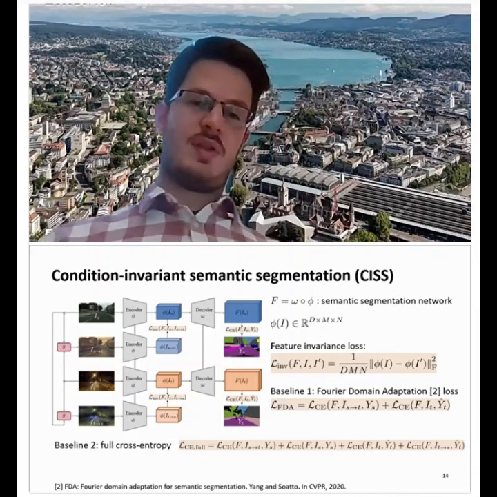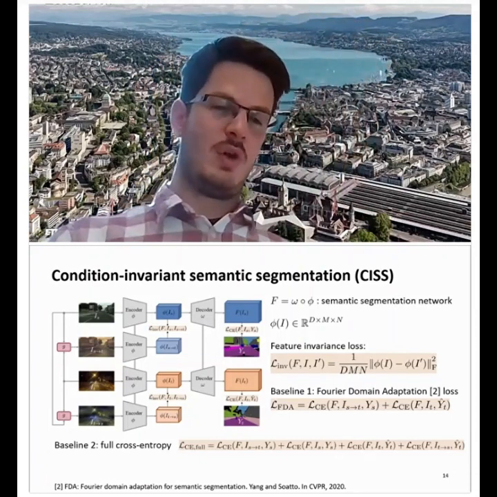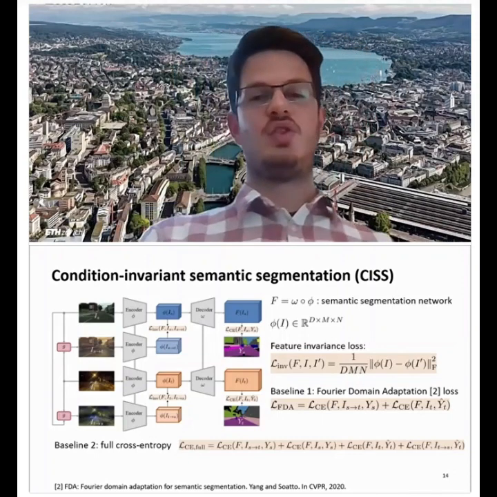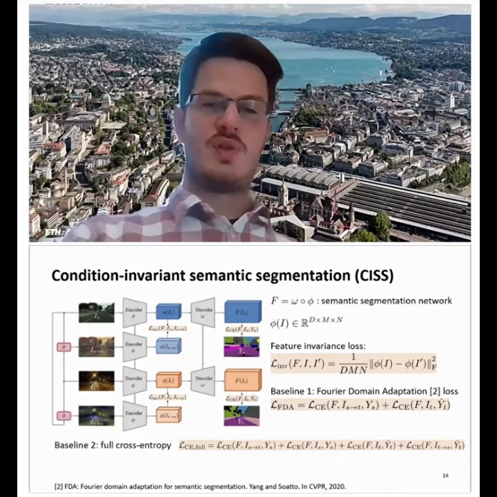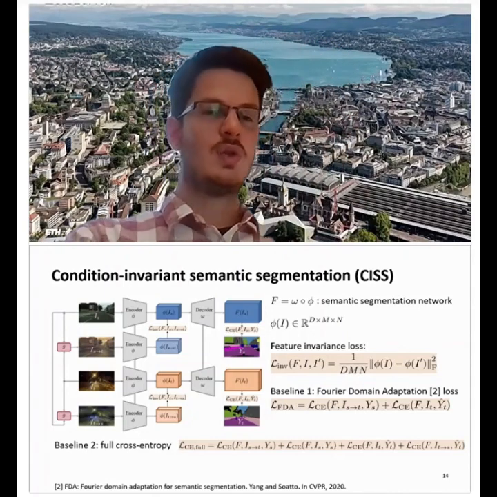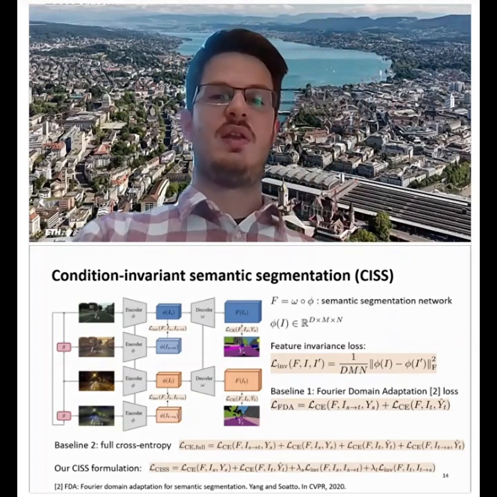formulate a loss with all the possible cross-entropy terms. So for the 4 inputs of the network, the 4 different images at each batch, at each example, we can compute the cross-entropy loss for the predictions of the network for each of these 4 images. So this would be our baselines that we will also compare in the ablation study that will follow.